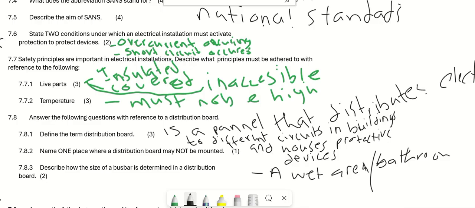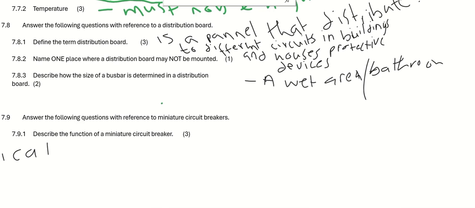So now let's go to 7.8.3. Describe how the size of a bus bar is determined in a distribution board. Remember I said if you see a thick bus bar, that means the current is very high.